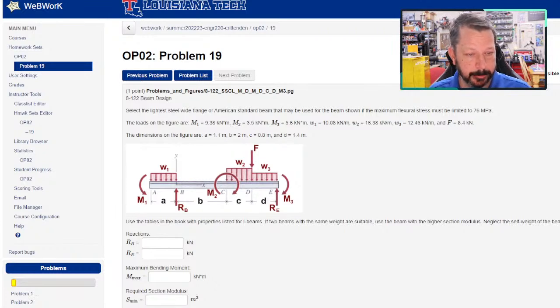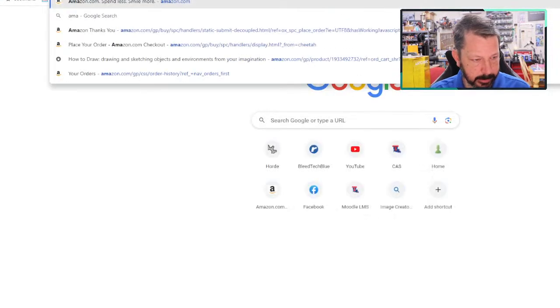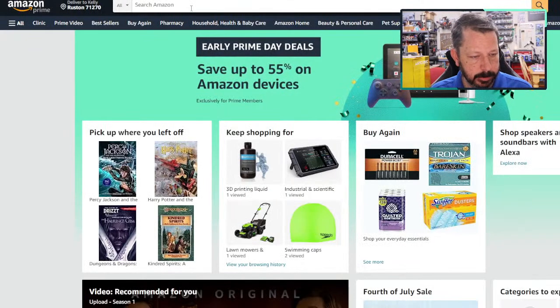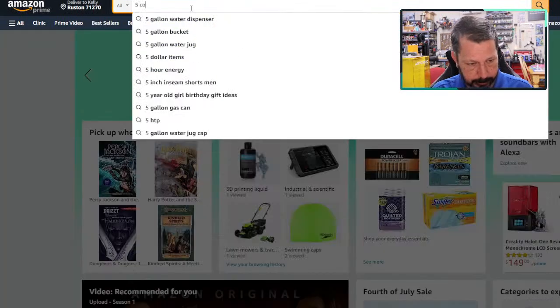Actually, let's look and see for a second if that pin is easy to find on Amazon. Actually, Amazon's not coming up, so maybe it's not. There it goes. I think it's a 5-color